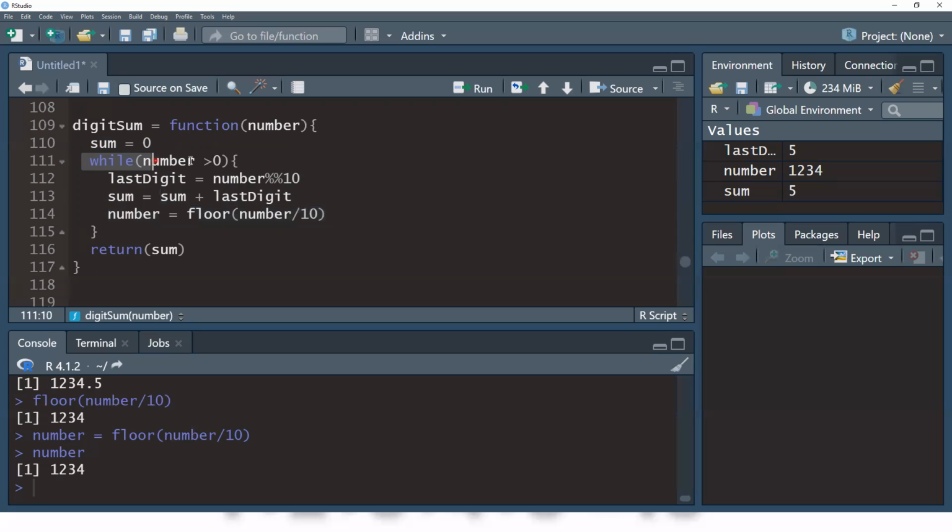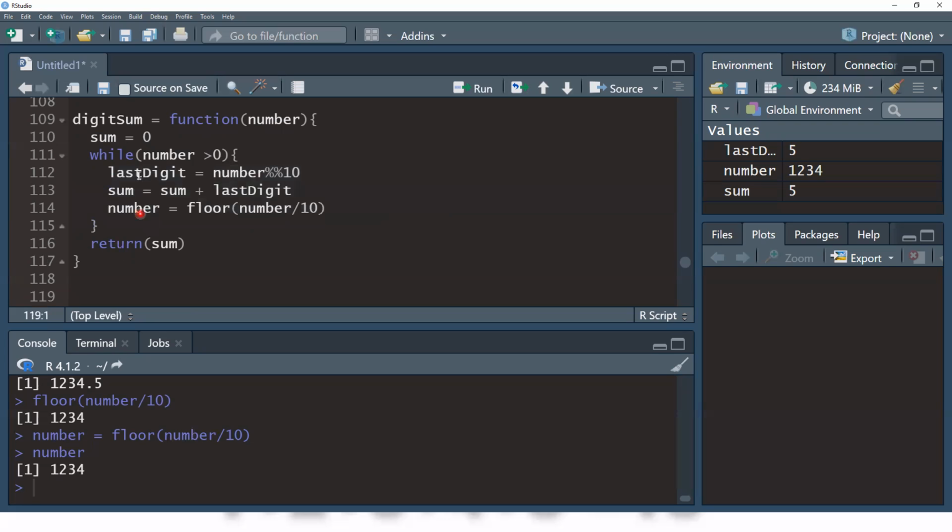Then while this number is bigger than 0, we are repeating this procedure right here. When it becomes 0, then we stop. Then we have sum here. Return this sum. What is sum? Sum, we already collected all digit values and added them together. That's a sum.